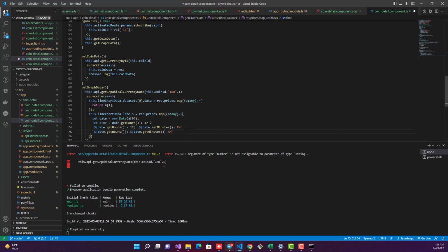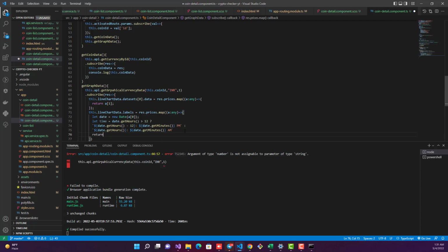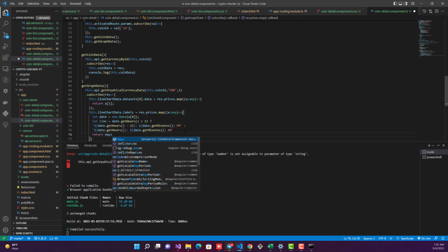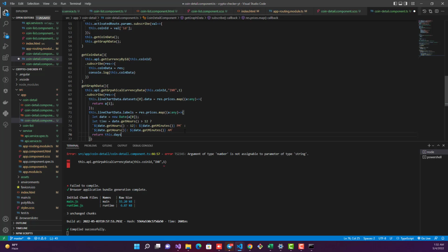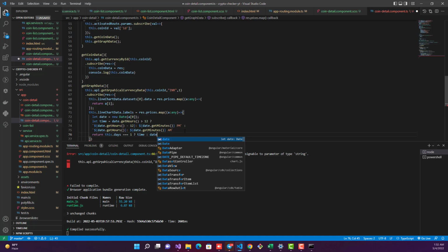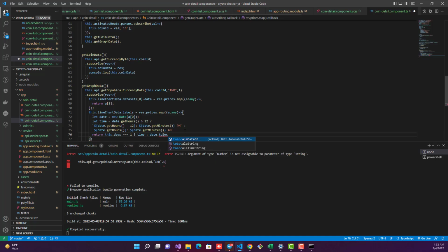Now we have to check: return if our days value is equal to 1, if we need data for 1 day. So for that, return time. If not, then please return date.toLocaleTimeString. Something like this, so this will return your time accordingly. If I save this,